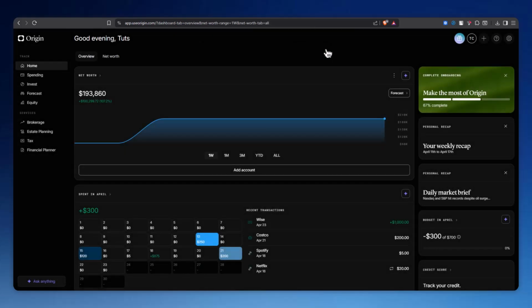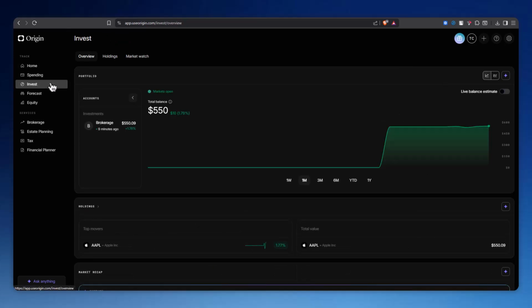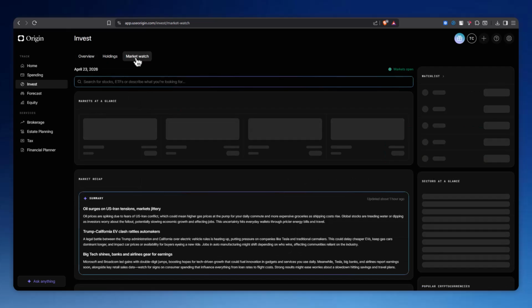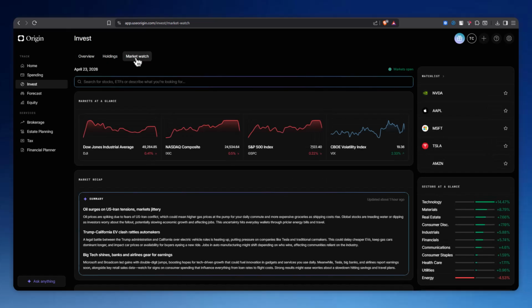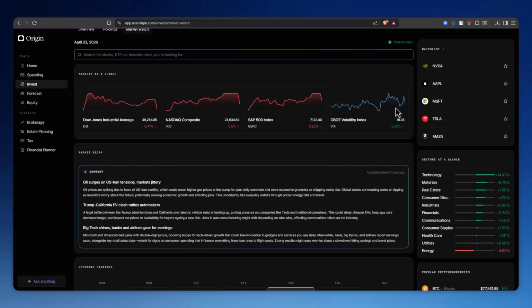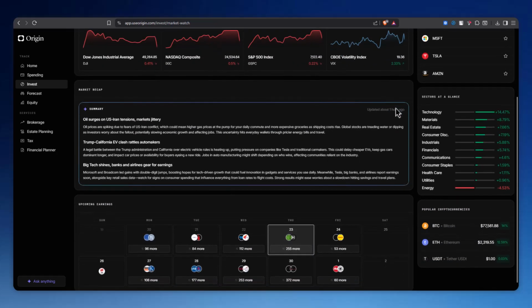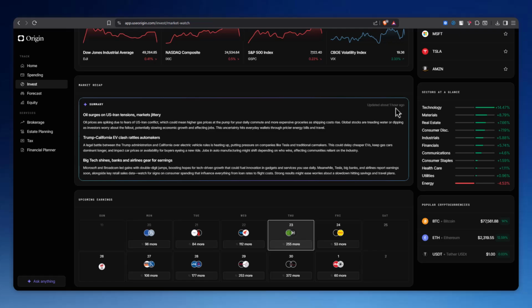If you want more detailed insights, go to the Invest tab and open Market Watch. Here, you can explore market trends, view sector performance, and read simple summaries of news affecting stocks, ETFs, and crypto. You can also track specific assets and monitor upcoming earnings, making it easier to stay informed and make better investment